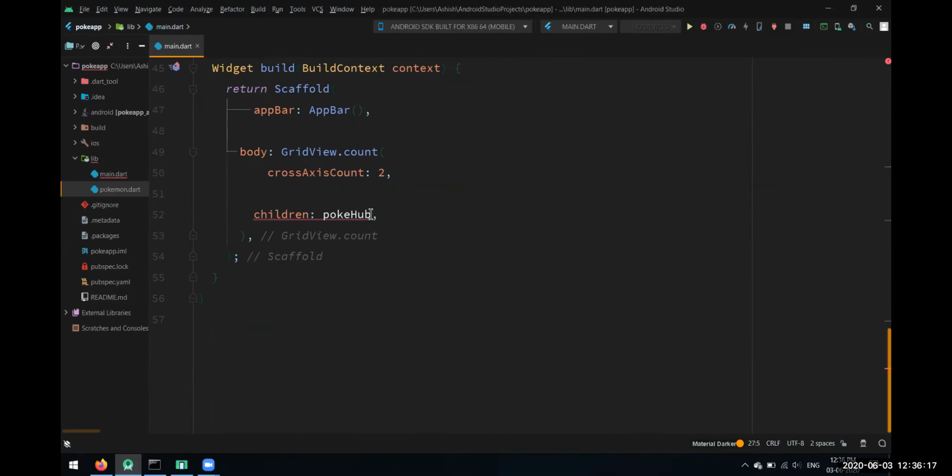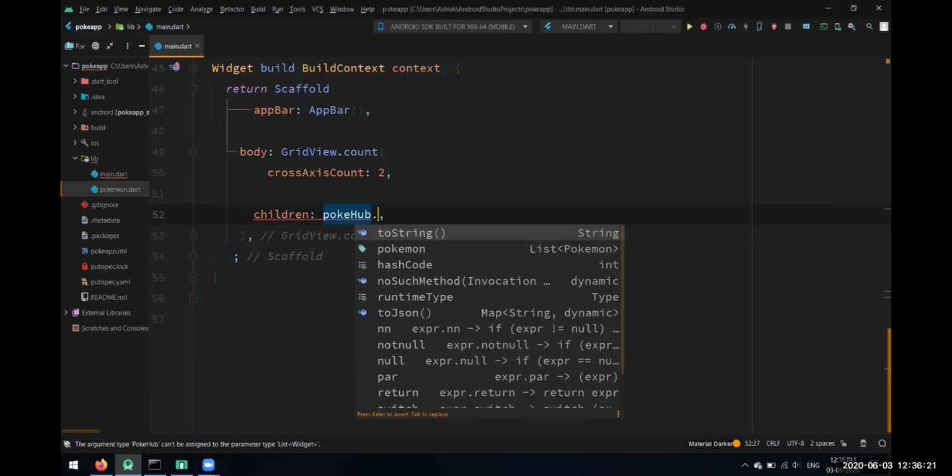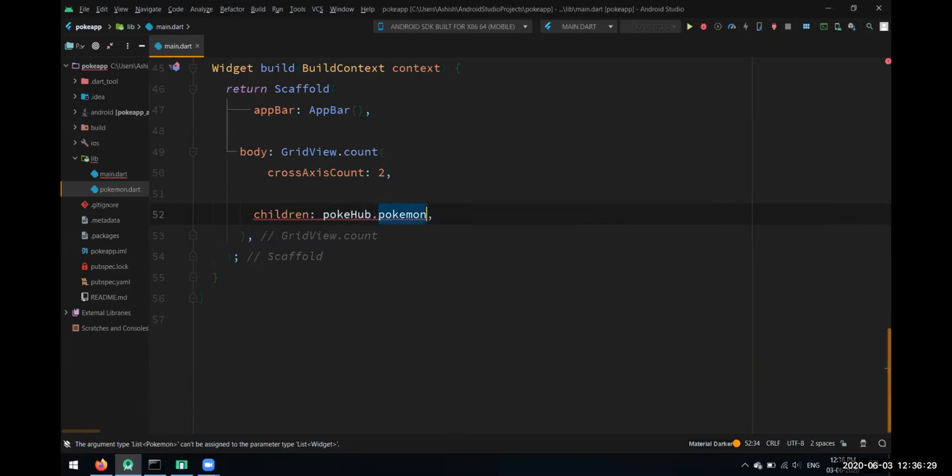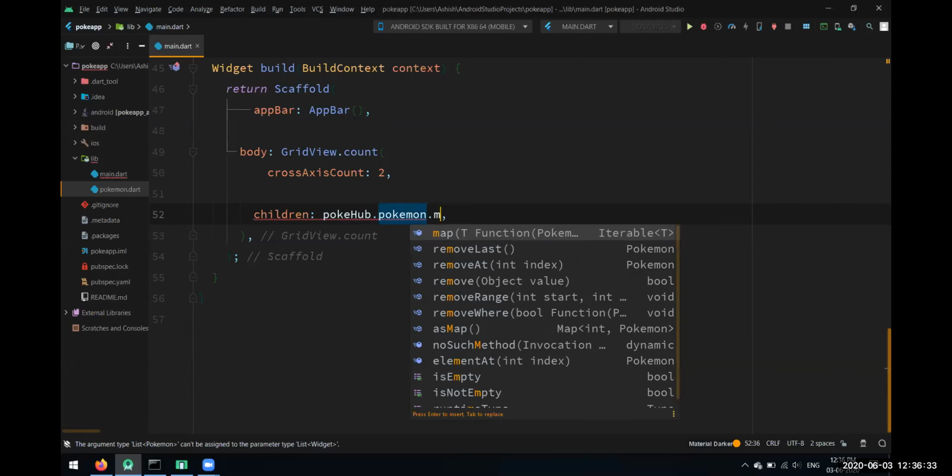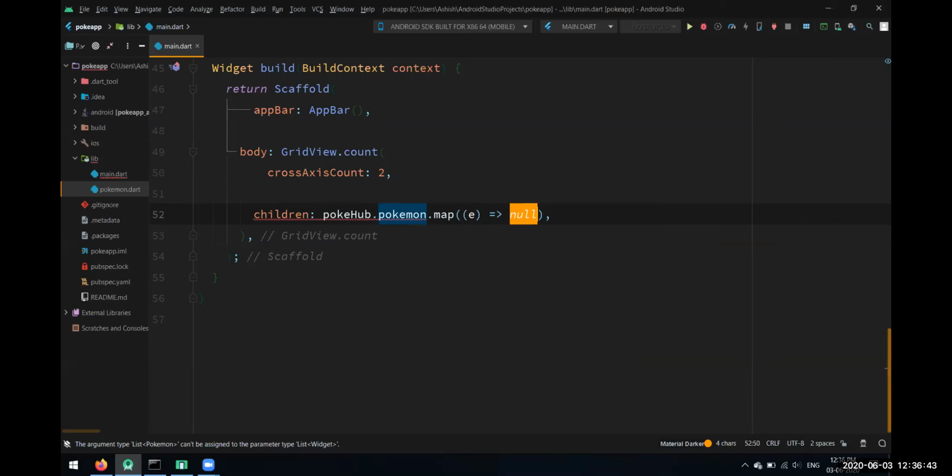From this object we have a property inside that class of Pokemon, which gives us the list of all the Pokemons. And we'll use this map method. I hope you know what a map method is. We have it inside a list, and it goes through all the objects that we have over there.